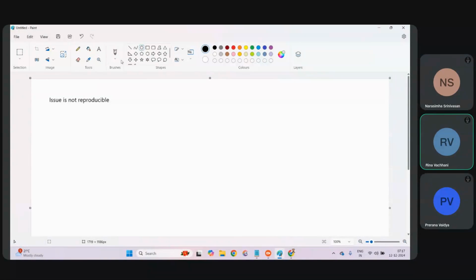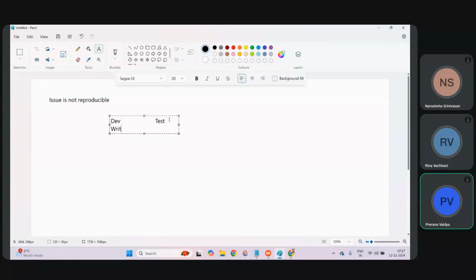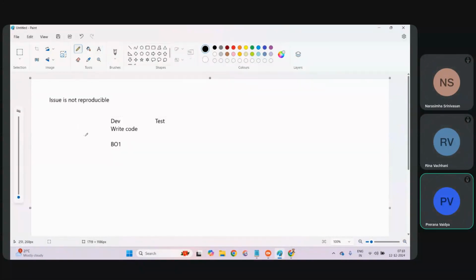Now let us see one more example. Developer is there, test engineer is there. What will the developer do? Write code and develop build B01 directly. That build B01 is given to test engineers for testing. Build B01 consists of a